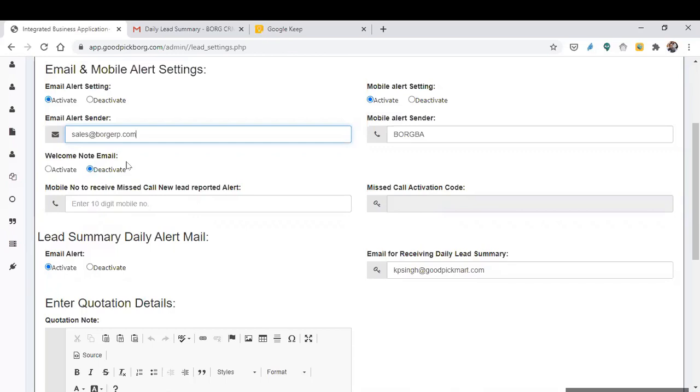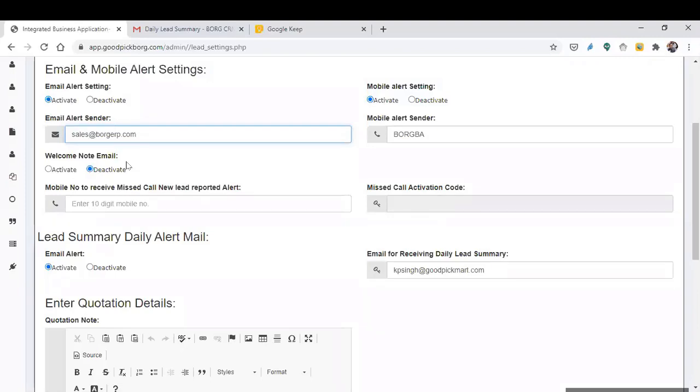Now the next alert is the lead summary daily alert. That's a very fantastic feature, appreciated by most of our customers. This feature sends daily automatic emails with a lead summary to a particular email. That email can be of your owner, chief marketing officer, business head, or marketing head.